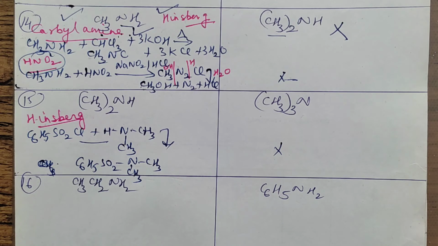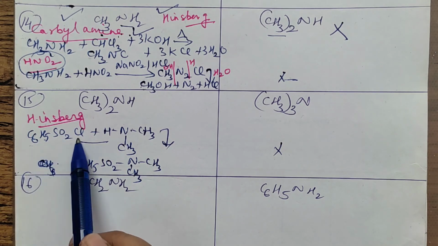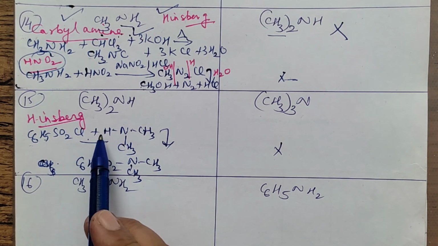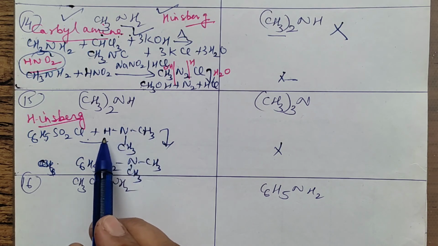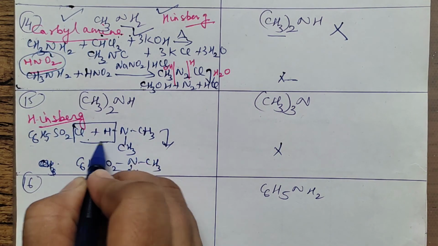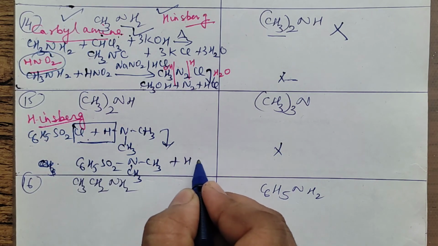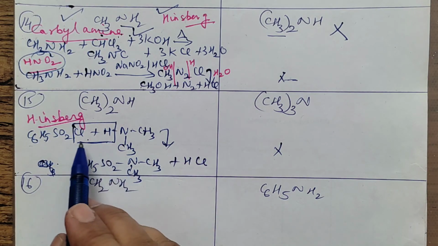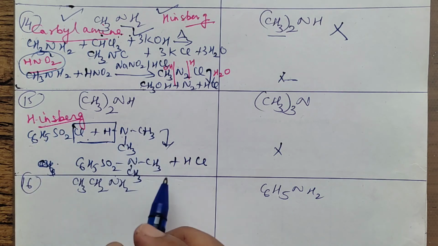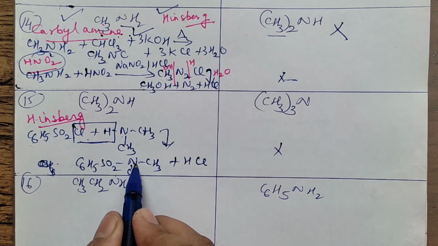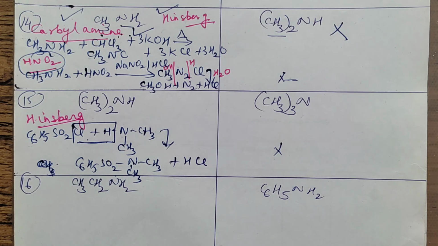So you can write down the equation like this. This is benzene sulfonyl chloride, and if you are treating with the 2 degree amine, 2 methyls, I have just opened it up. This will come out as HCl. You will write here HCl. So when you remove this HCl, you are having C6H5SO2 and N 2 methyls. This is not having any H, so you will write the product is formed.